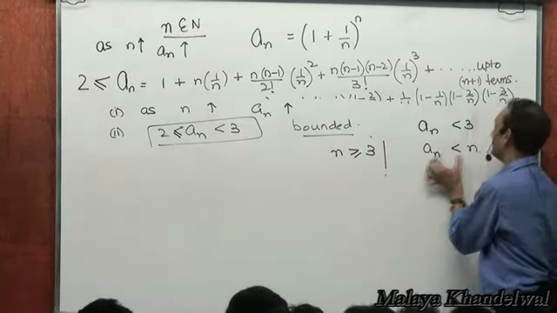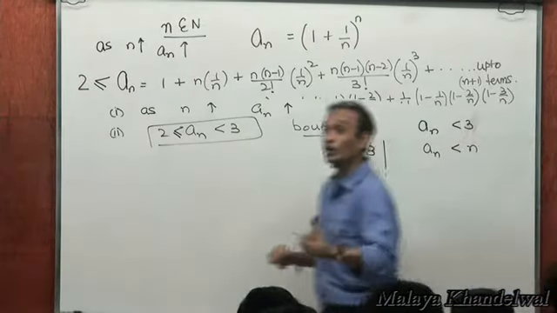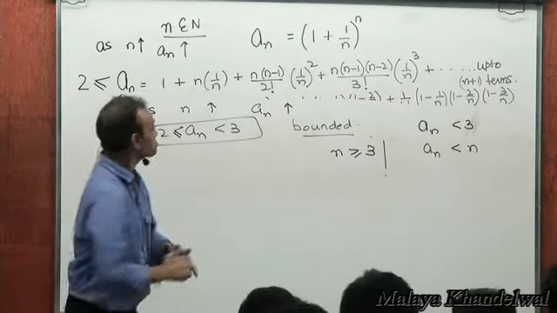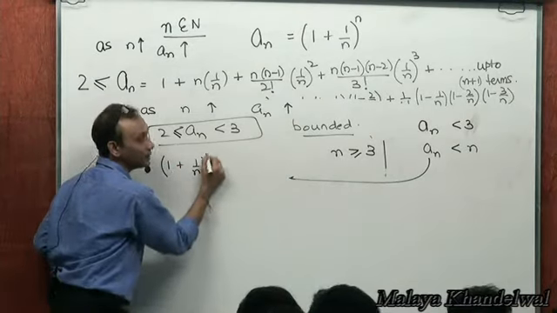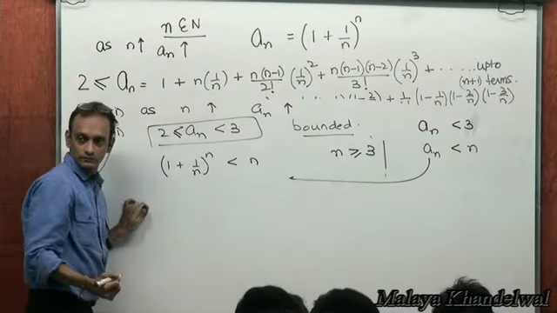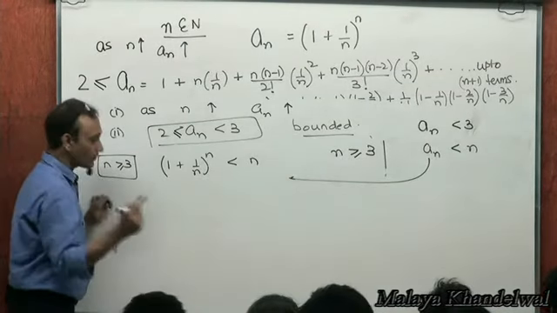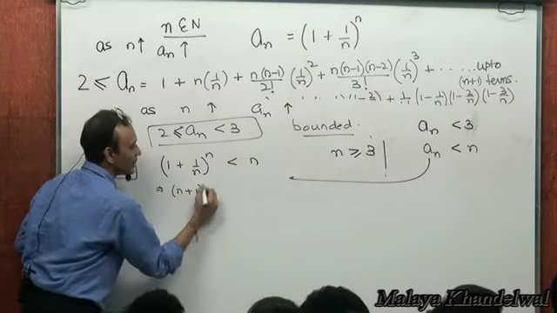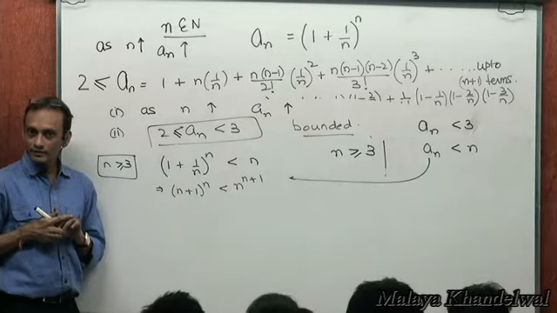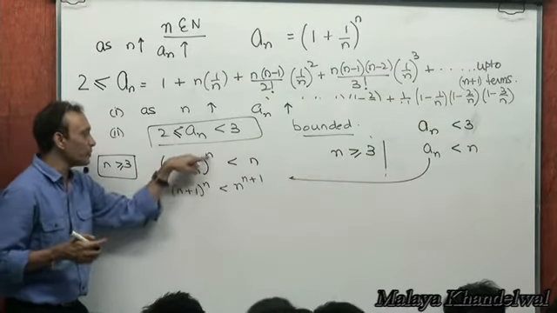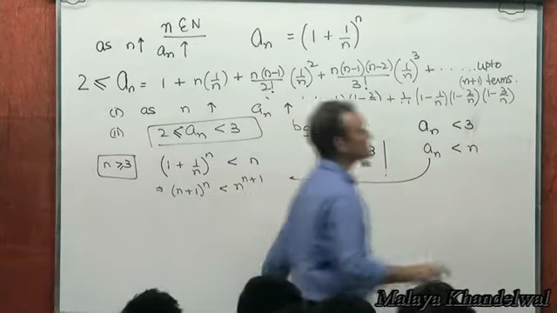Why? Because this is less than 3 and this is greater than or equal to 3, isn't it? So a_n will be less than n for n greater than or equal to 3. Sounds good? Which means, what is a_n? a_n is (1 plus 1 by n) to the power n, less than n for n greater than or equal to 3, right? This would mean (n plus 1) to the power n less than n to the power n plus 1 for n greater than or equal to 3, right? (n plus 1) to the power n, into n, that's n to the power n plus 1, right? Which means